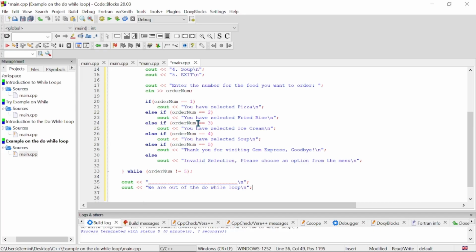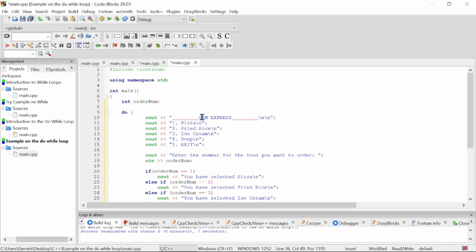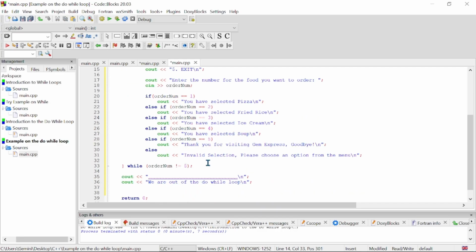So we are going to run this program. First, we declare a variable that will store the user's input, all right? And we have our menu here, so GM Express or any better suitable name you can get for it. Then we have one being pizza. This is our menu. Then we prompt the user to enter the number for the food they want to order, right? So when they do whatever selection they make, you display a message to the user based on whatever they